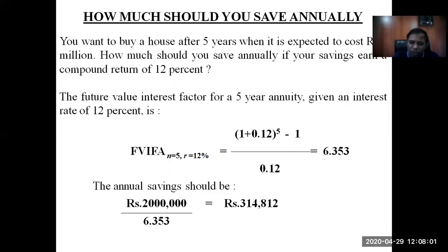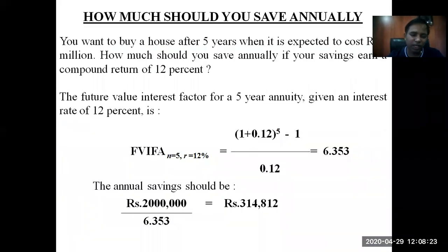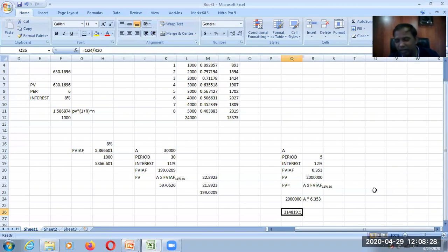So here is your answer. It is very much similar. It's 812 and this is 819 because of decimal points and nothing else, as it is being calculated in Excel. If you are calculating it in your notebook with the help of a calculator, your answer will be very much close to 812 rather than 819. So this is how you can calculate the annuity if the annuity is not given, simply dividing the future value by the interest annuity factor.